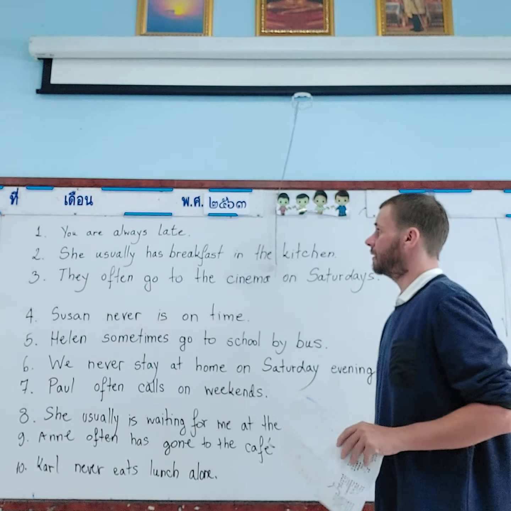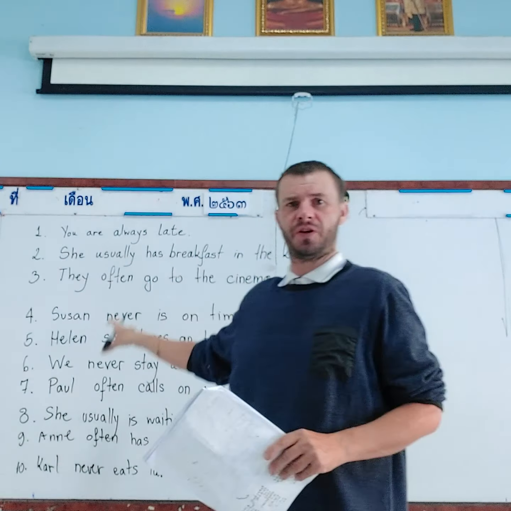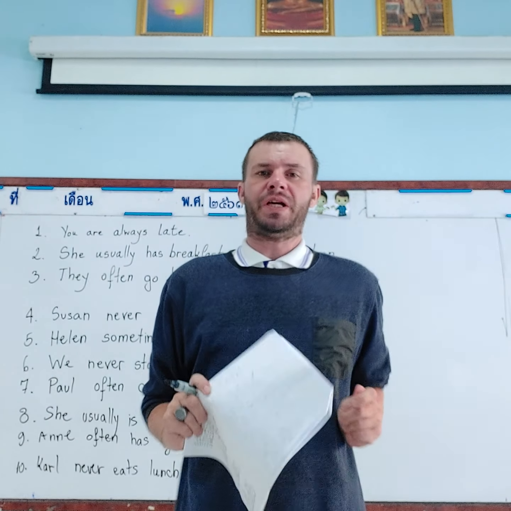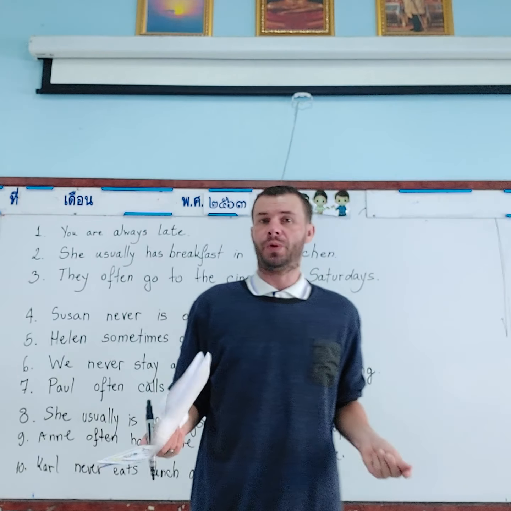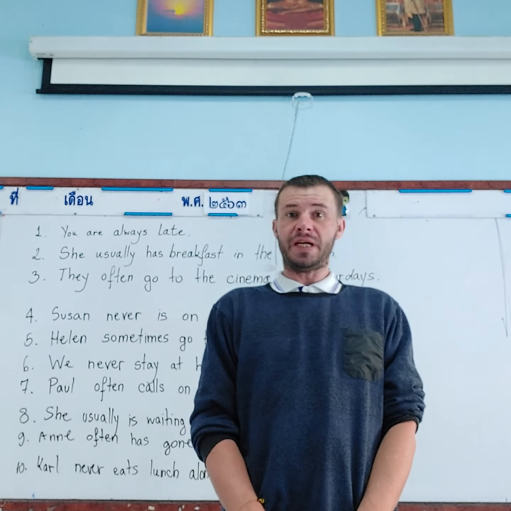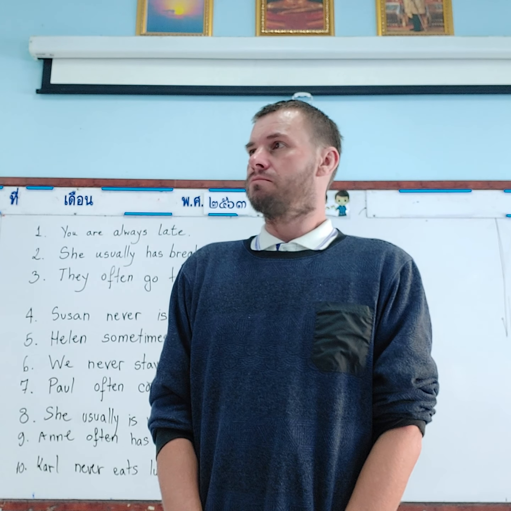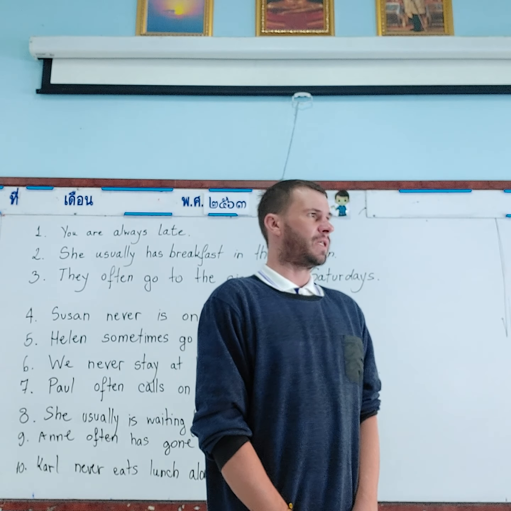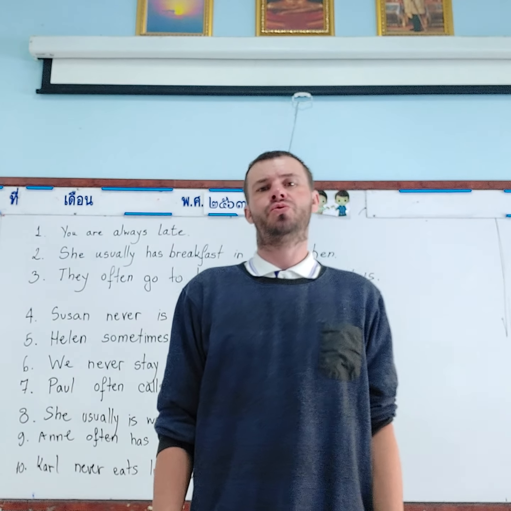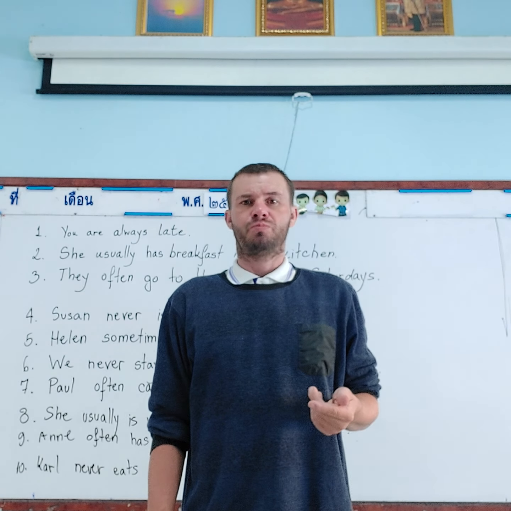So as you can see, we always put the adverb of frequency with the verb. So try to think, what do you do always? What do you do every day, every week, every month? Is it reading? Is it riding a bike? Is it going to the beach? Is it cooking? What do you do every day? What do you do always? Try to think. Think about, what do you do sometimes?